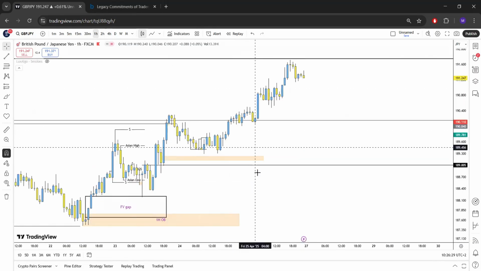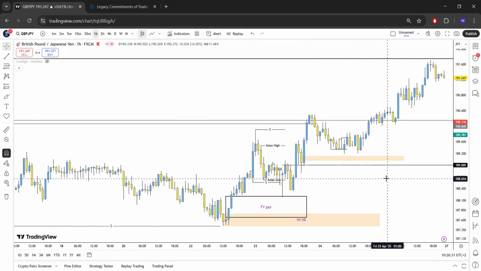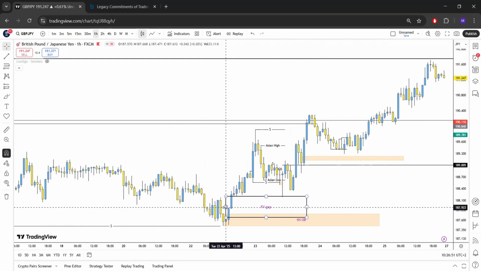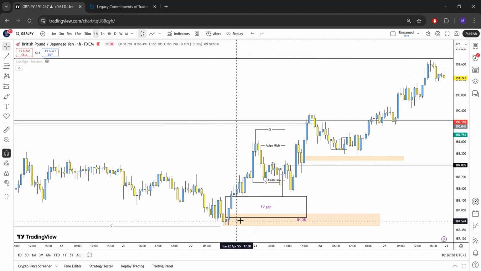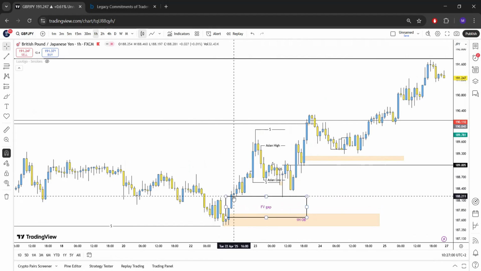What is a fair value gap? Now, let me give you a bit of a disclaimer: my understanding of fair value gaps is very minimal at the current moment. I'm still trying to understand the whole fair value gap, inefficiency in price, order blocks, liquidity, and all of those things. But my understanding of fair value gaps is essentially when price has an impulsive push to the upside or to the downside, and it leaves behind candles where there is inefficient or unhealthy price action,